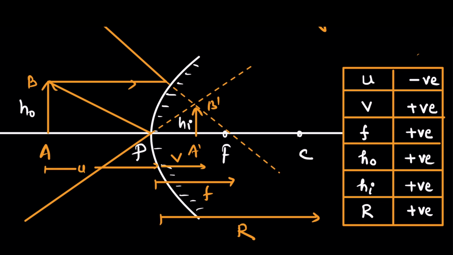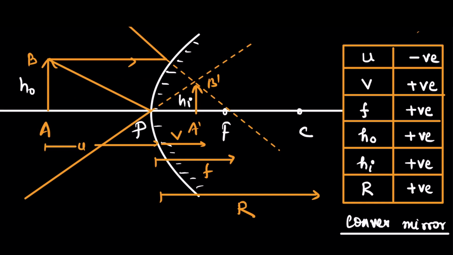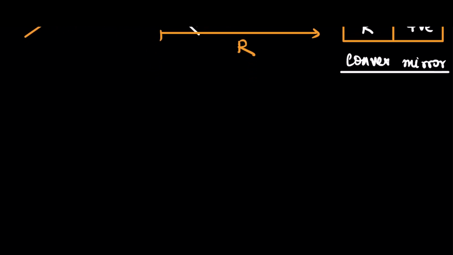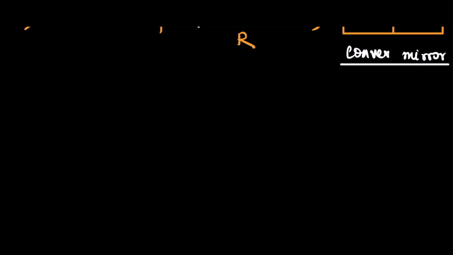So for a convex mirror, you notice all the signs are positive except U. U is only negative, the rest are all positive. So it's very easy to remember. Previously, I explained to you about the linear magnification. So the linear magnification formula was